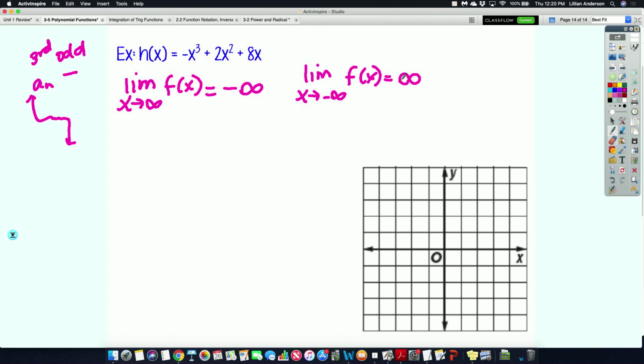Now this one isn't factored like the other one was. But I can factor it. What do you see in every single term? An x. And trust me, to make your life easier, since it's a negative leading coefficient, why don't you factor out a negative x? Because when you factor out a negative x, what's the first term going to be? A positive x squared, then